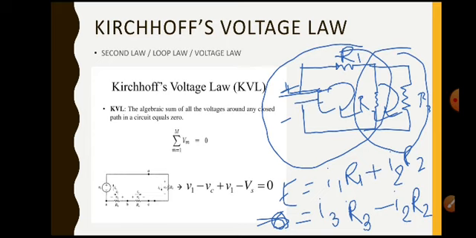But it is not necessary to give the negative sign to this one and positive sign to that one. You have to take your own direction. The voltages moving in the taken direction are taken as plus, and those opposite to the taken direction are taken as negative. So the summation of all the voltages across any loop is equal to 0, or all the EMFs are equal to the voltage drops across the loop or circuit. This is known as the second law.